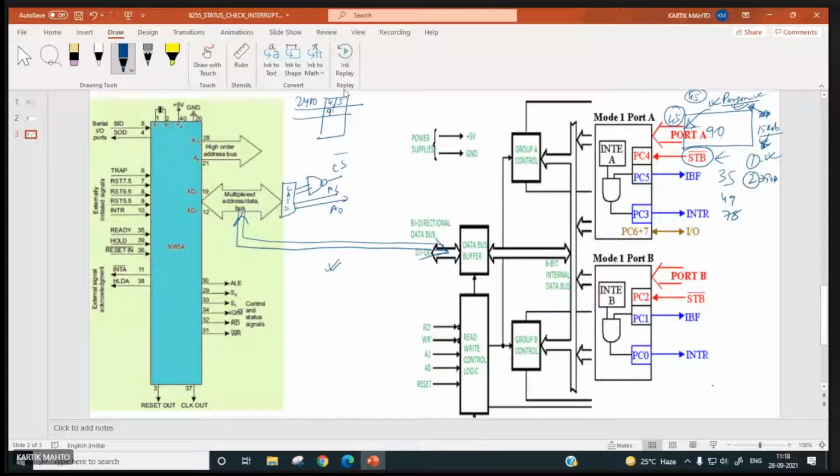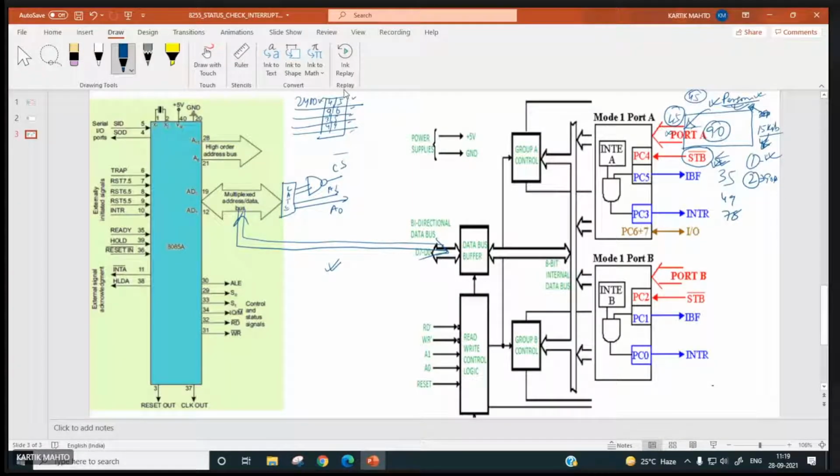Third kid, suppose it is 35. Similarly, the fourth one, 49. This way it will enter. The person will enter the amount in port A and it will make STB bar low. Now the processor's job is to input the data from port A, and it has to store from this location onwards.